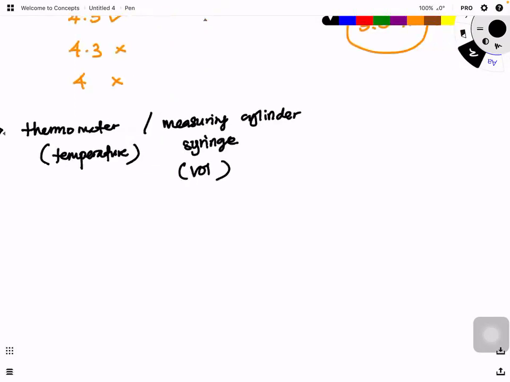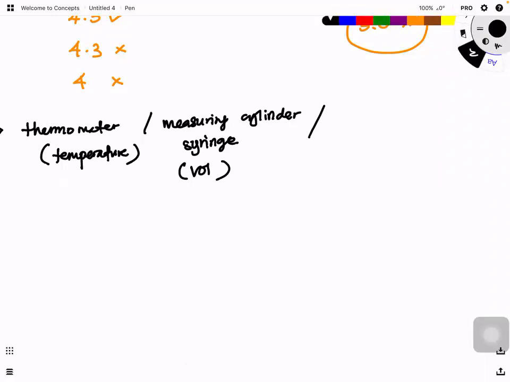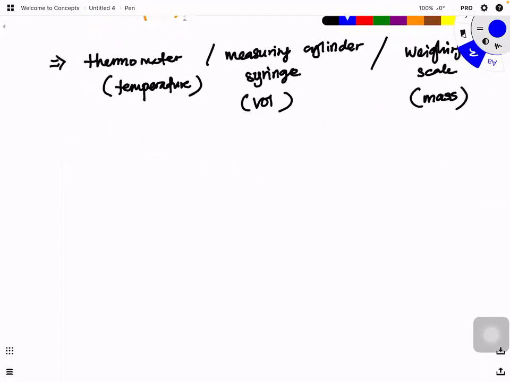It also applies to mass, by weighing scale. Okay, but there is an exception here,